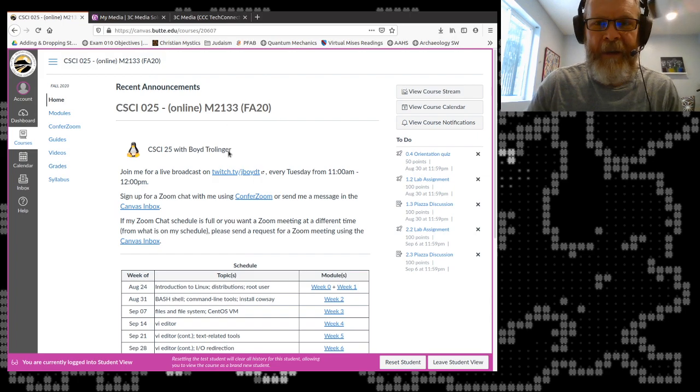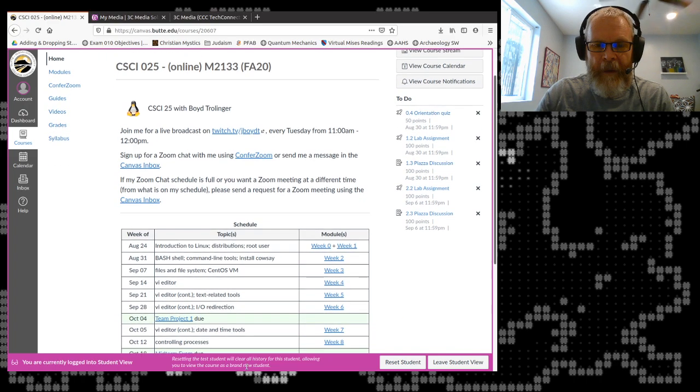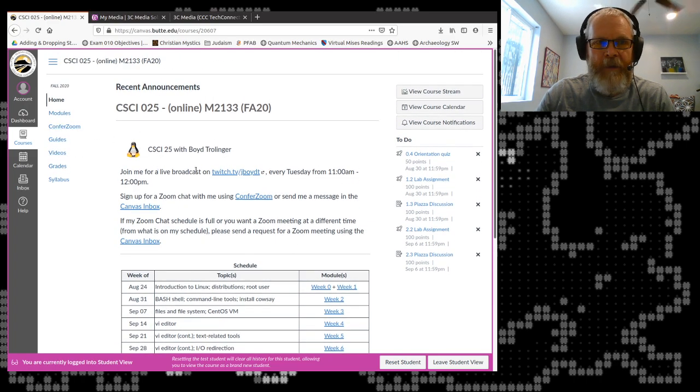What you're looking at on the screen there is for instructors. There's a student view, so I can kind of see what you see inside of the class. Other than the pink strip at the bottom, it should be very similar to what you're seeing inside of Canvas. So thank you for your patience in advance, because I want to go through the entire